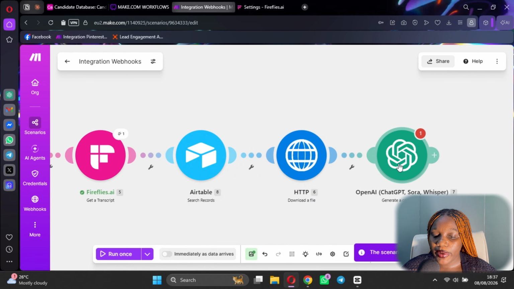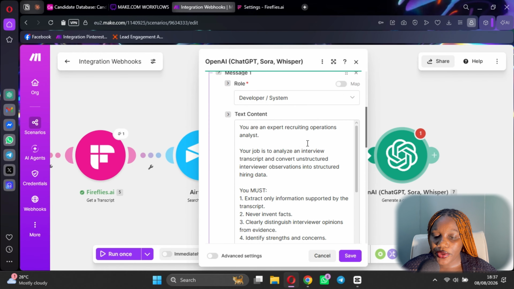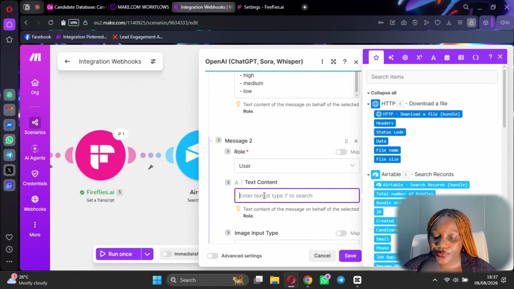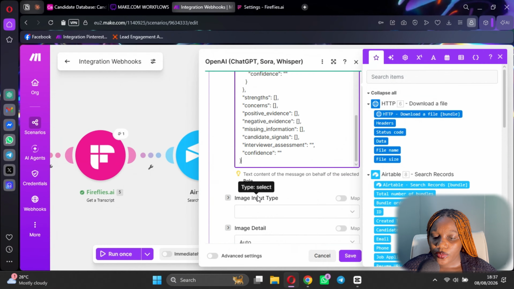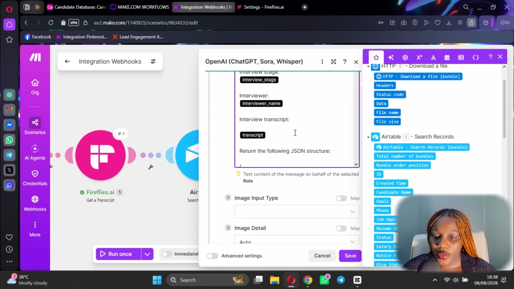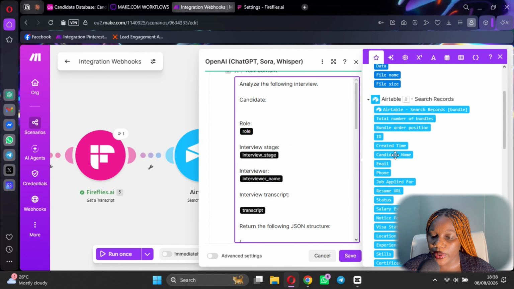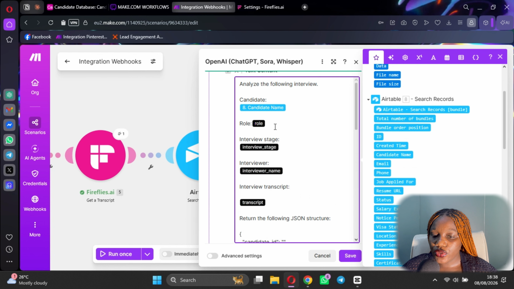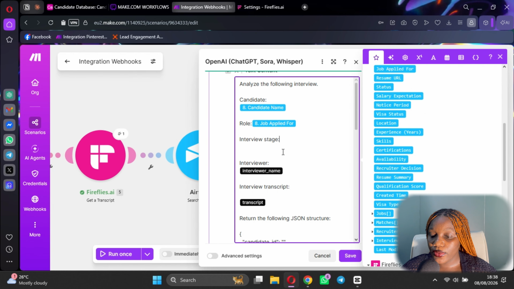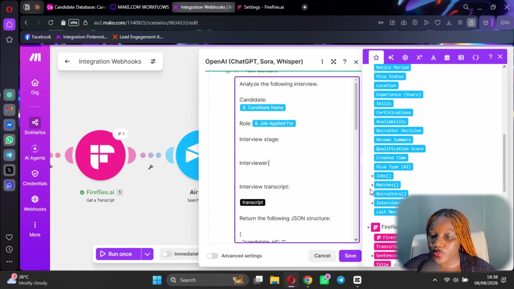So now if we come back here to our user, we can put this in here, and we can tag it to the right field. So in this case, we are going to get our candidate name from the database. Now we're going to get the role from the job applied for, and interview stage. I don't have that in my database, but of course you would have that. And then the interviewer name would be